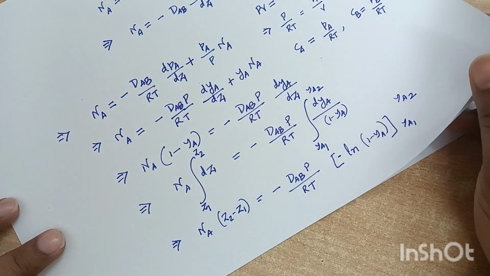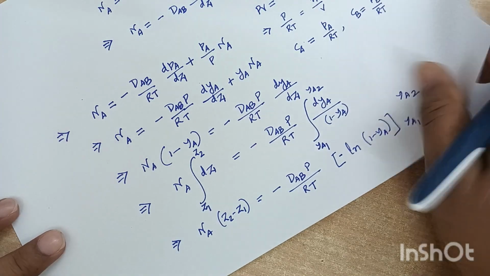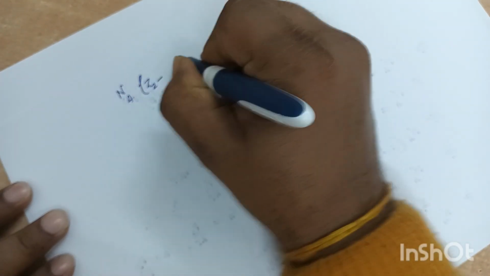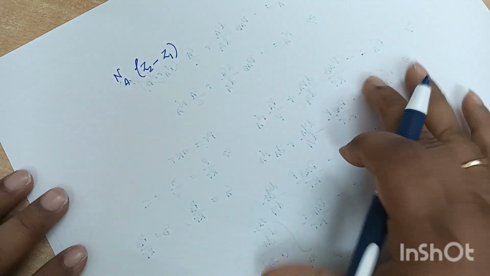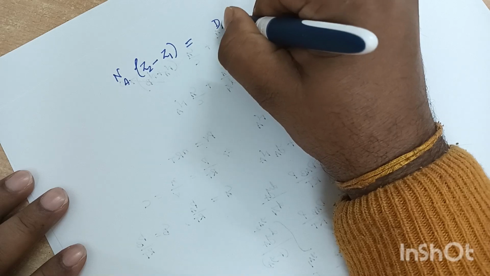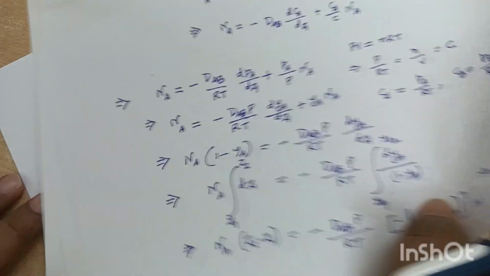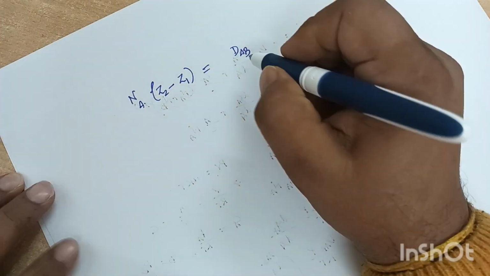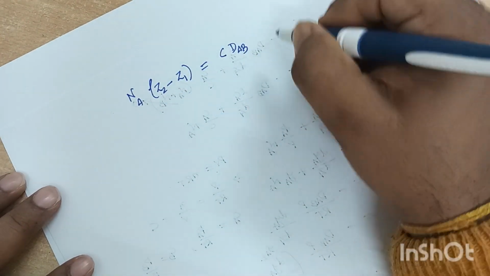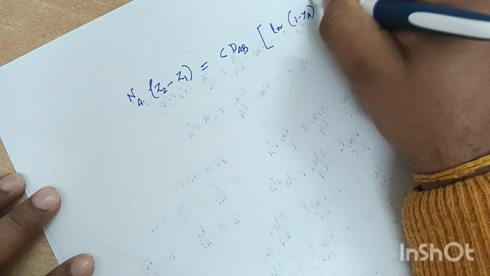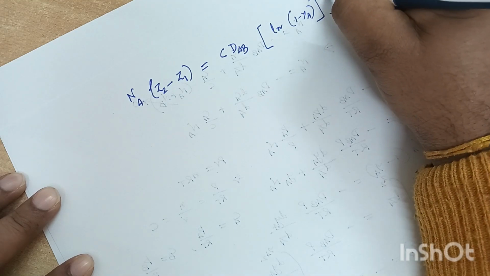So the final refined expression is going to be Na (z2 minus z1) is equal to Dab, since P over RT is there, P over RT is nothing but c, concentration, so you can write it like concentration times natural logarithm 1 minus ya, from ya1 to ya2,